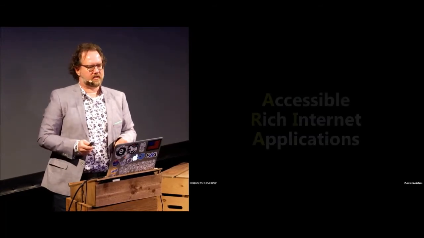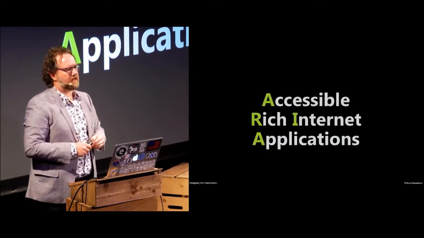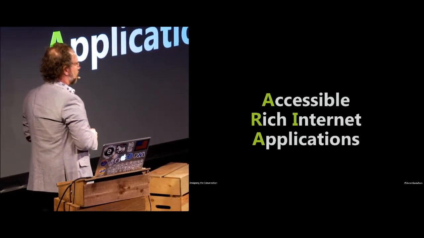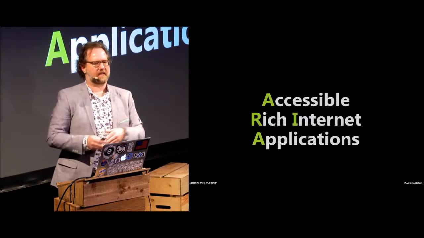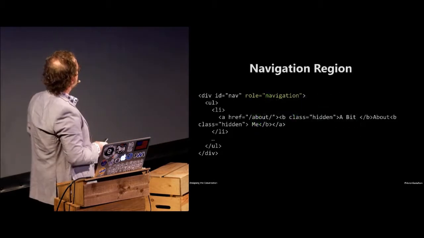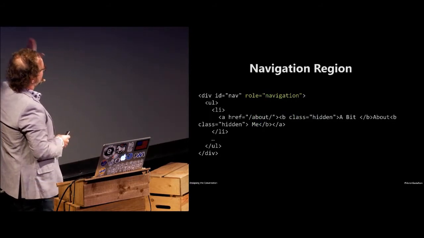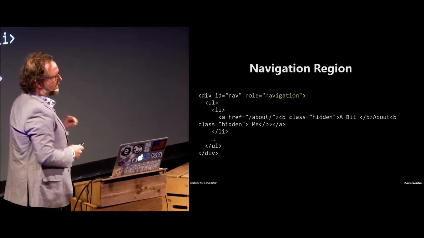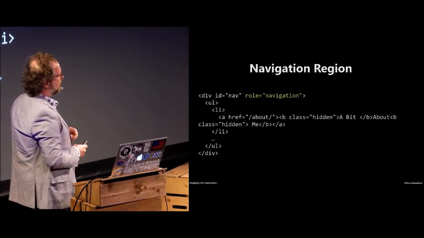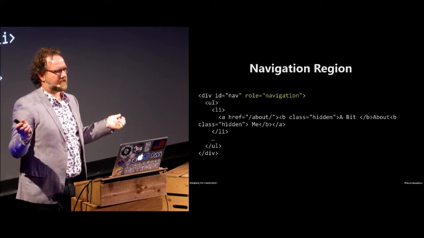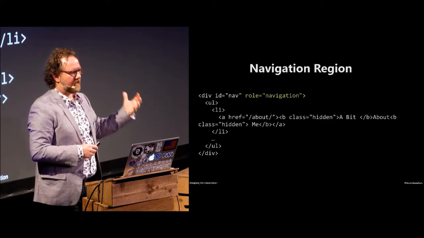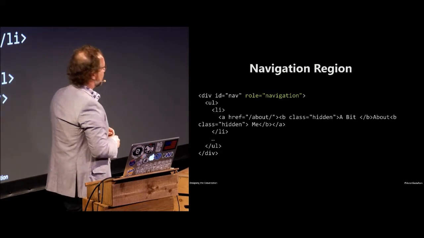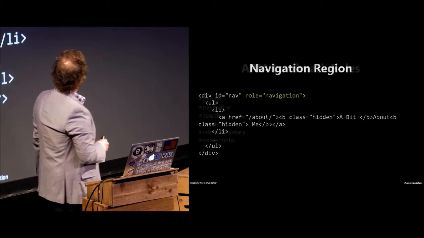Now, the final way that users traverse documents is via what are called landmarks. This was a concept that surfaced originally in the ARIA spec. The idea was that you could use the role attribute to indicate the function or the role that certain parts of the interface were playing given the page. So in this example, the user is giving a role of navigation to this particular div of navigational links, right? So rather than just having the ID of nav and assuming that to be enough, this actually provides the additional context of this is a navigational element within the page. Of course, a nav element would have been better, but we'll get to that in a minute.